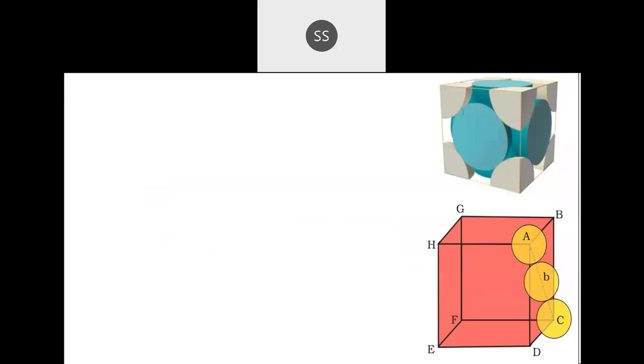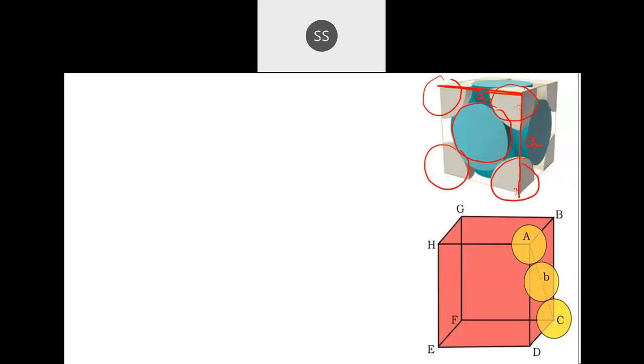So we need to calculate the volume of the unit cell, correct? See this figure. We are going to take only one face, because everywhere the arrangements are similar. On the face-centered atom, here one atom is present, here one atom, one face-centered atom, and then you will have them here and here on this side. This is how the arrangement is. Now on this length, if I take this as the A value, all the sides are equal. This is A and this side is also A. But see here, on this edge length you don't have atoms exactly coming in contact with each other. They are not exactly in contact. There is a gap. You can see there is a gap.